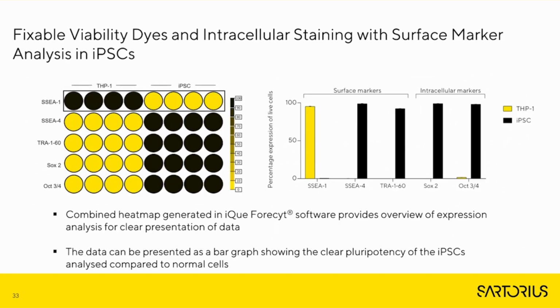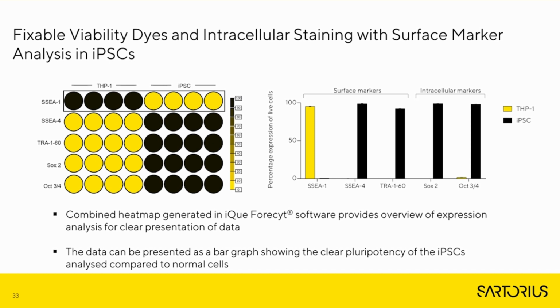Here is another way of presenting that data. So what we have on the left-hand side is a heat map showing you the THP1s and the iPSCs, and then all 5 of the different markers: SSEA1, SSEA4, Trim60, SOX2, and OCT3/4. SSEA1 again is the normal marker for non-pluripotent cells, so we can see a high expression in THP1s, but then all of the pluripotency markers are not expressed at all in the THP1s. And then it's an inverse expression for the iPSCs, where we see no expression of SSEA1, but then high expression of all of the pluripotency